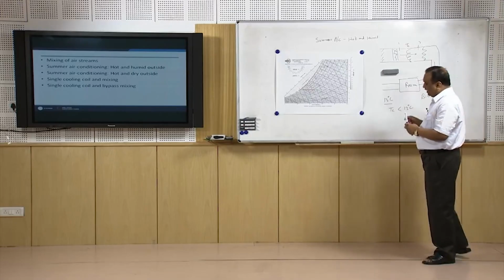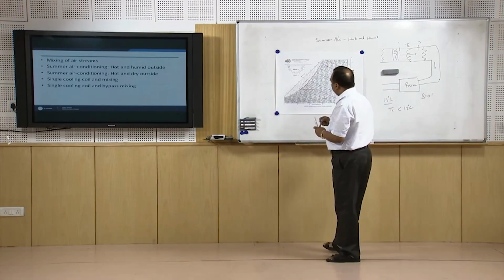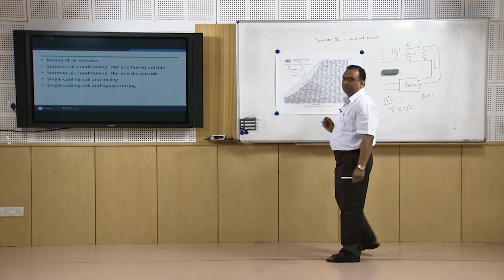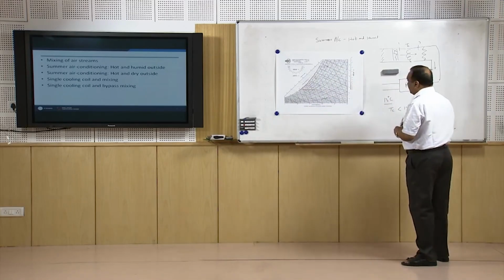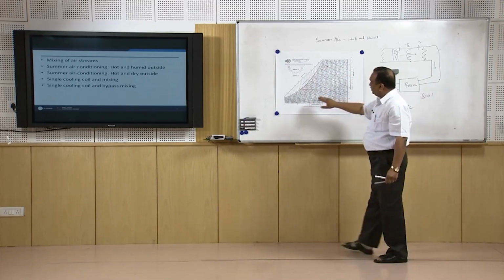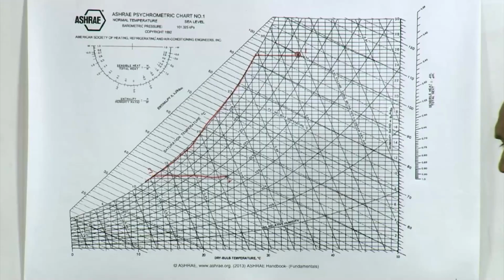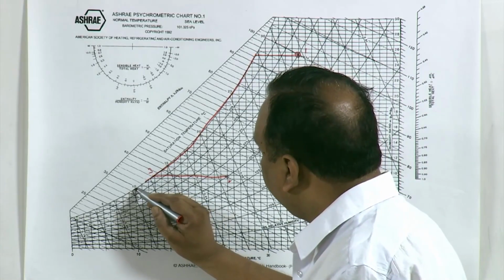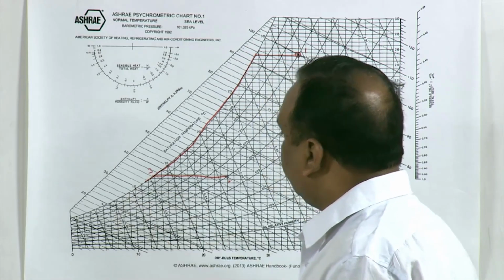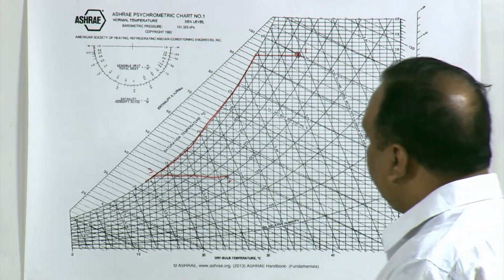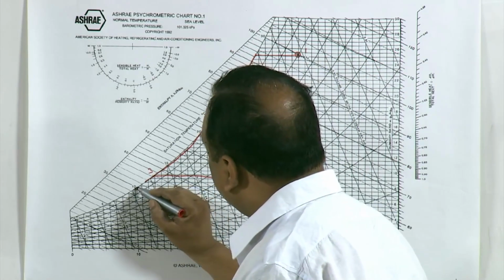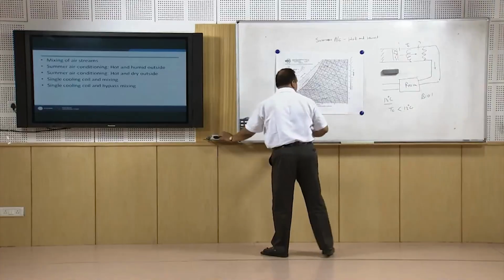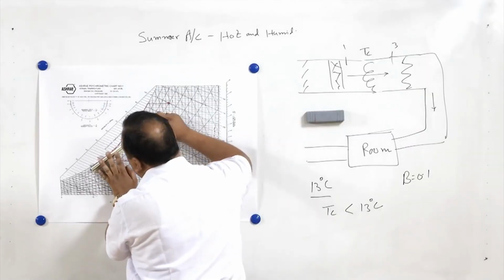So, the cooling coil temperature has to be maintained somewhere below this, depending upon the bypass factor. Higher the bypass factor, lower is going to be this temperature. Suppose we find that the cooling coil temperature has to be 10 degrees centigrade, then this dehumidification will continue up to 10 degrees centigrade, and we can join these 2 points